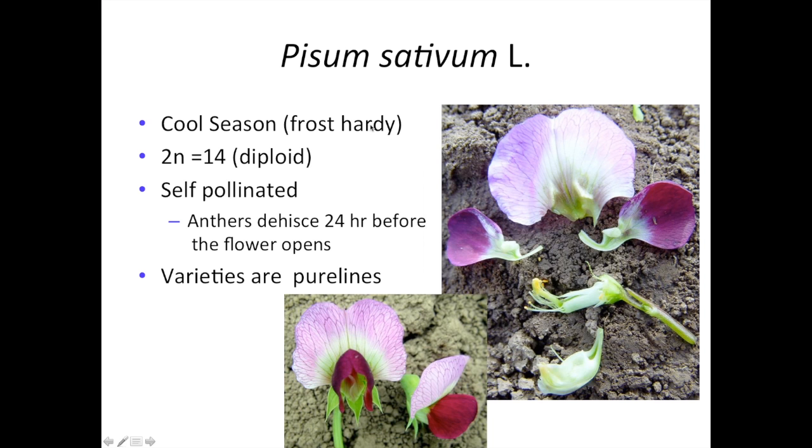The pea is Pisum sativum. It's a cool season legume. It's frost hardy when it's in the vegetative stage, becomes less so once it's gone into reproductive phase. It's a diploid with 7 pairs of chromosomes, fairly easy to breed because of that. It's also self-pollinated, and the self-pollination is enforced by the anthers dehiscing 24 hours before the flower even